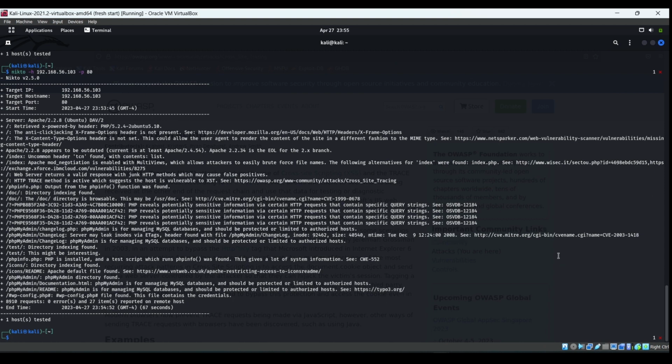It's basically important if we are doing penetration testing to make a report, and to save all this information and vulnerabilities we have to save it in a file. In Nikto there is a command which saves all this in a file format which we want, like nikto, specifying the host, like 192.168.56.103,